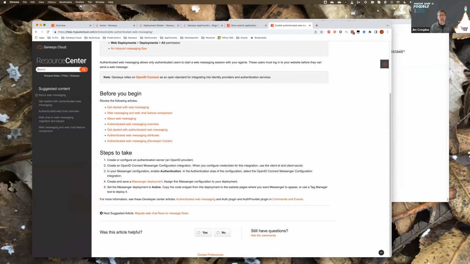All right, and at what point in the chat interaction will the data be sent to the CRM? Can we also map the experience with email marketing? So I would do that in the messaging flow in Genesys Cloud. I would use data actions. So as that web messaging interaction comes into Genesys Cloud, you can hit your CRM to look up more information about that user.